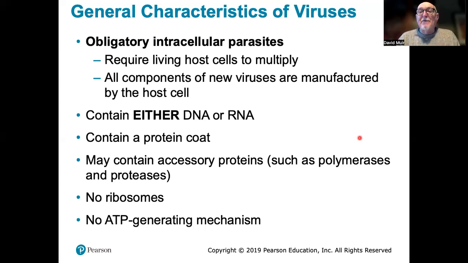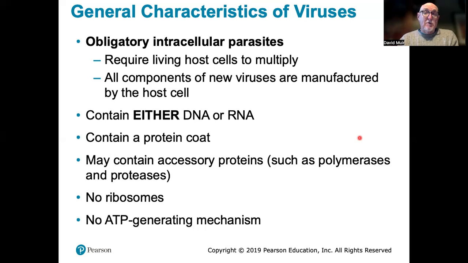All viruses have a strand of nucleic acid at the very minimum, and surrounding that strand of nucleic acid, they have a protein coat. Inside that coat, in addition to the nucleic acid, they may have some other things as well. They may have accessory proteins, for example, polymerases for polymerizing nucleic acids. That's one. And they may also have enzymes such as proteases. Protease is something that cuts protein into pieces.